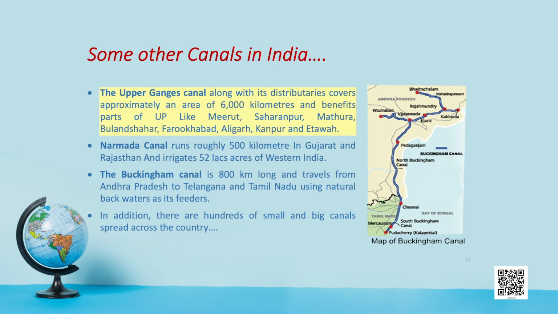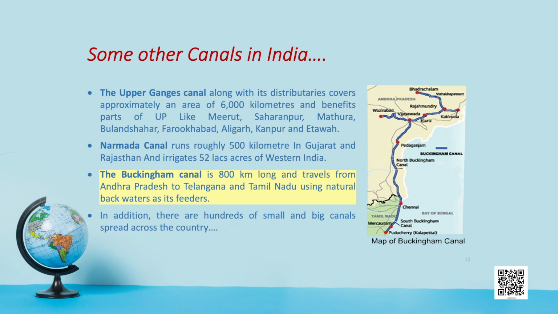Some other canals are the Upper Ganges Canal, which along with its distributaries covers approximately an area of 6,000 kilometers and benefits many parts of UP. Narmada Canal runs roughly 500 kilometers in Gujarat and Rajasthan. The Buckingham Canal is 800 kilometers long and travels from Andhra Pradesh to Telangana and Tamil Nadu using natural backwaters